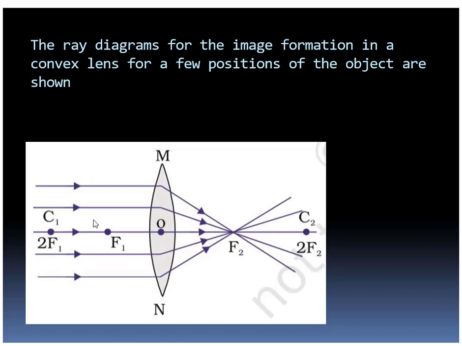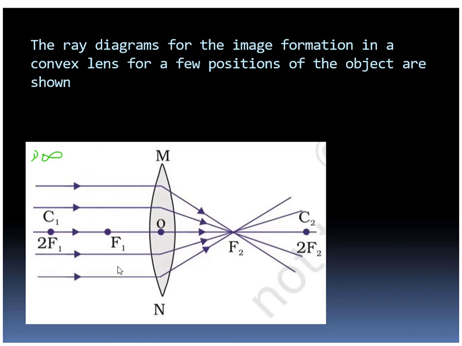So you can see here this is a double convex lens or a convex lens. So with respect to different positions of the object, the nature, the size, shape, and the position of the image varies. So here the first position. In first position, suppose we consider an object which is at infinite distance from the lens. Now, these are some of the rays of light which are coming from the object.